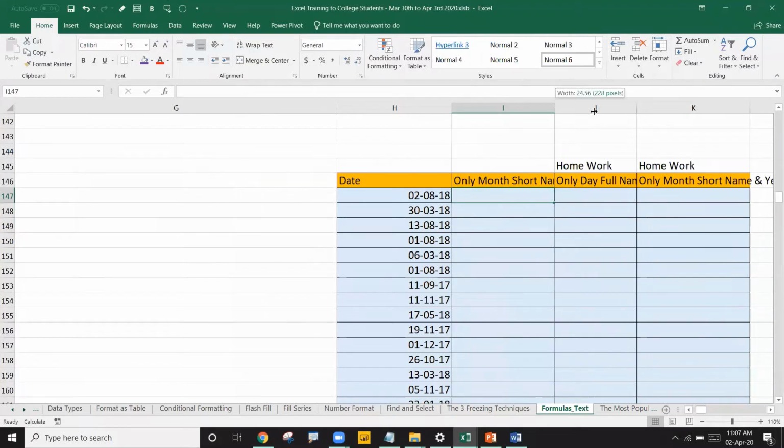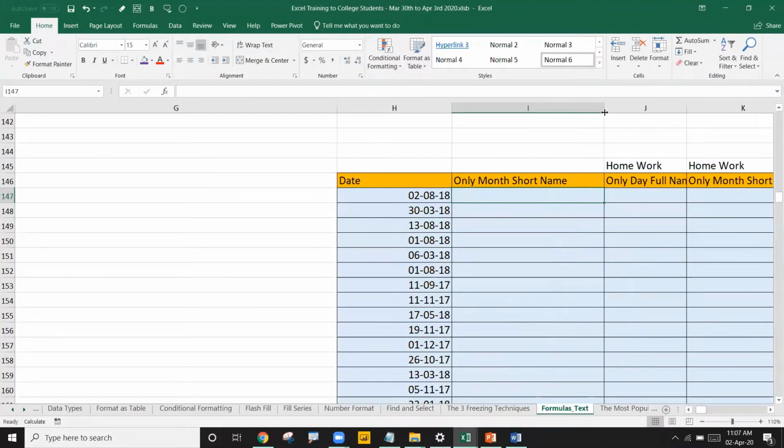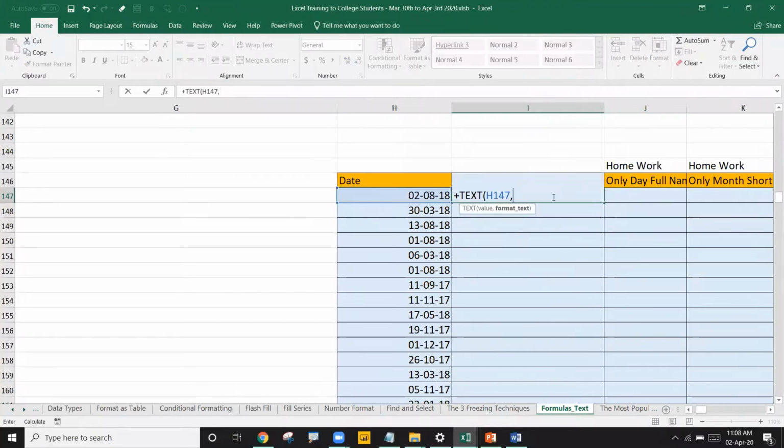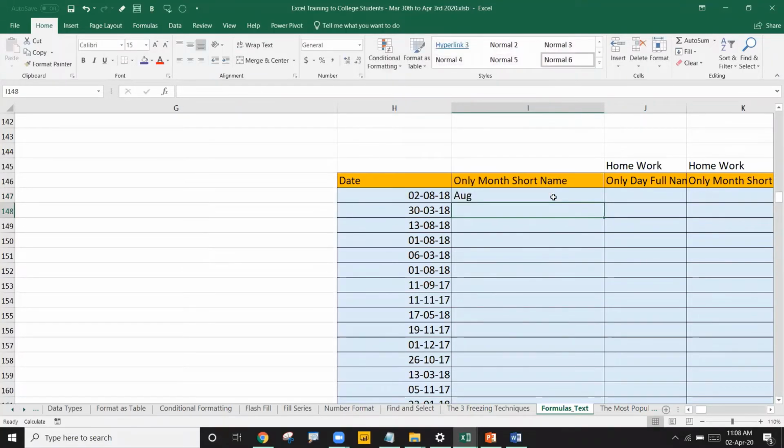If this is your requirement, write equal to the TEXT formula, refer to the value, comma, and in the format place, since we want the month short name, double quotes MMM. Yesterday we learned MMM, DD, YY, right? The same logic I'm applying. Drag it down, and it shows only the month short name.